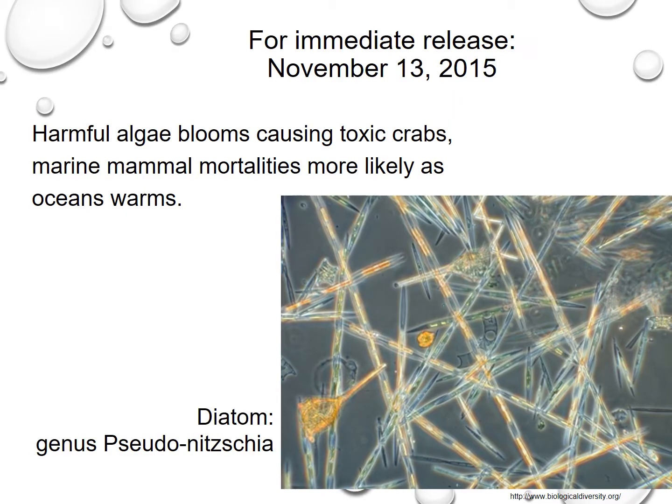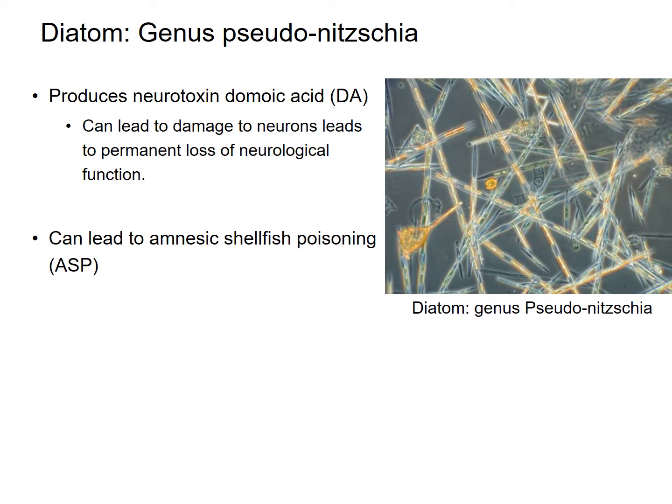So here's a diatom bloom, and diatoms can create harmful algal plumes that cause crabs to be toxic, and marine mammals die off as they are eating this toxic food. And these plumes seem to be becoming more common as the ocean warms. So this one is from November of 2015. This diatom produces a